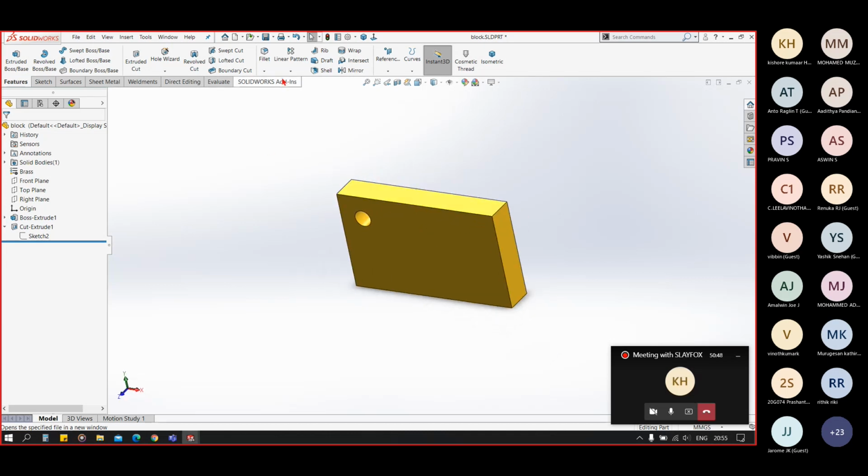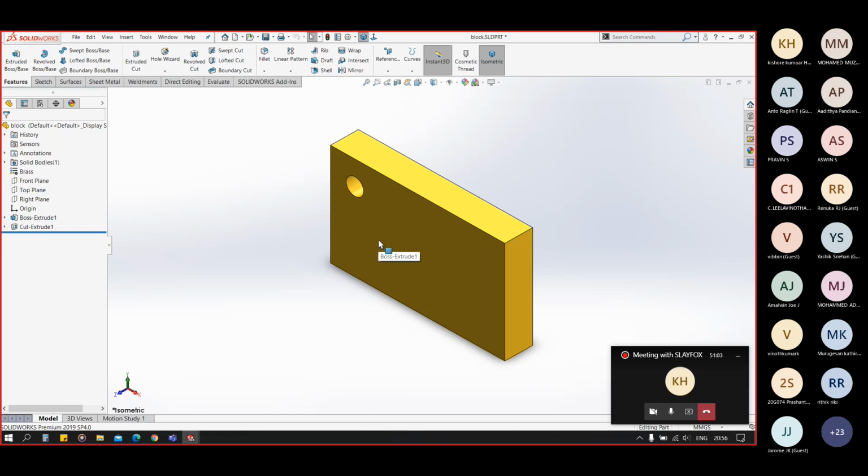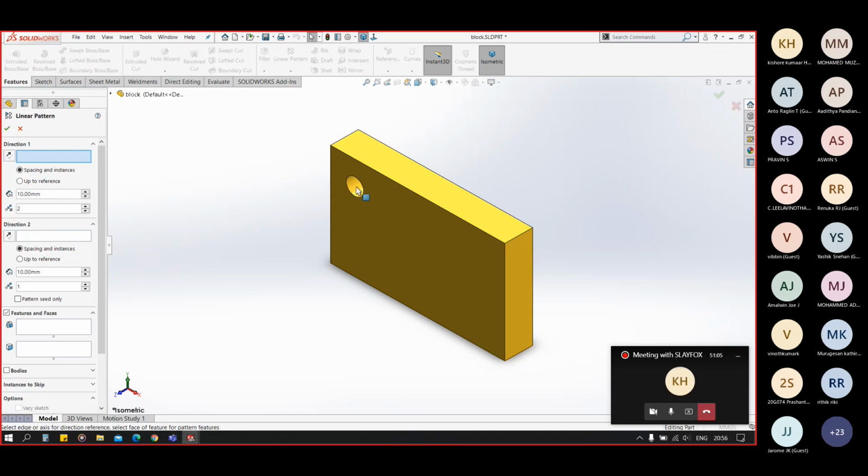To open any part from the assembly, you click on that part and you see the first option, open part. Click on that and the part will open. Now we are creating a linear pattern here.